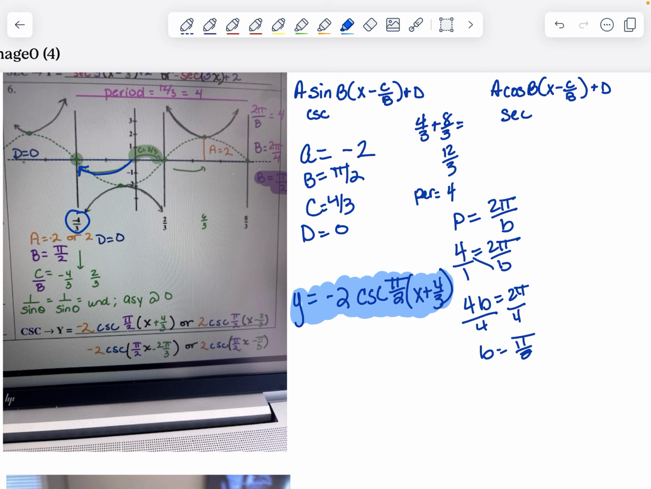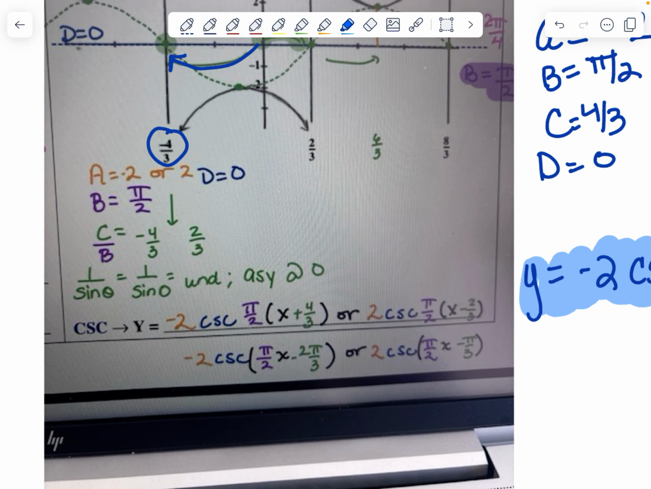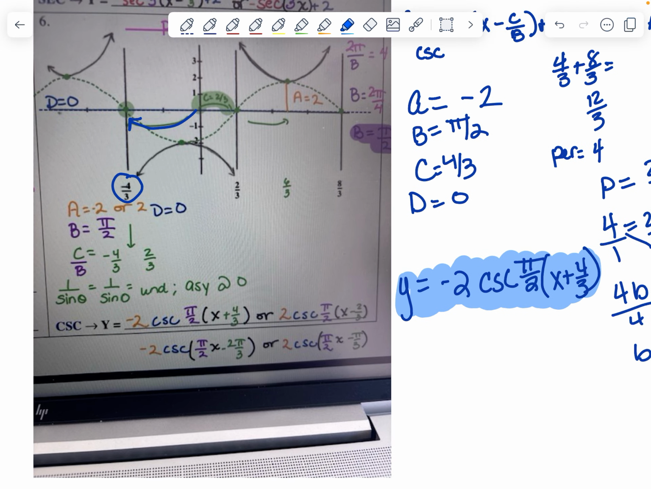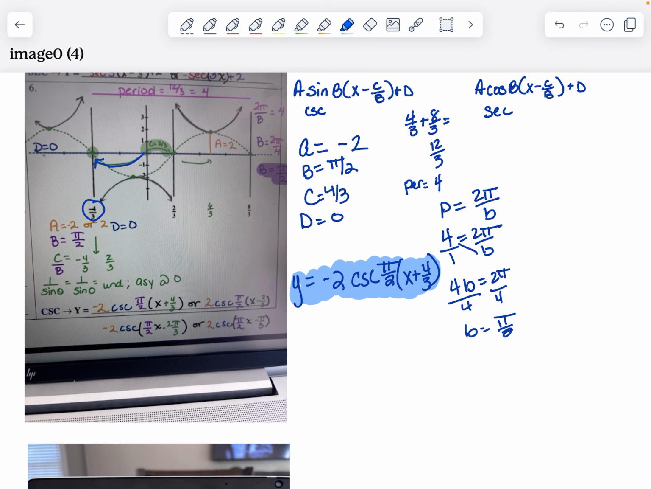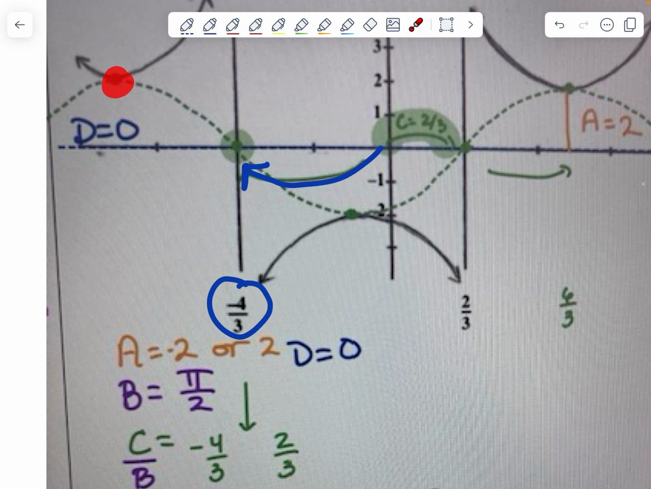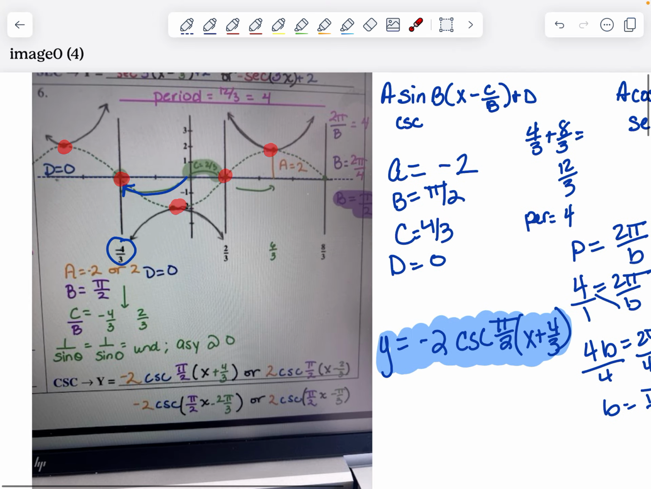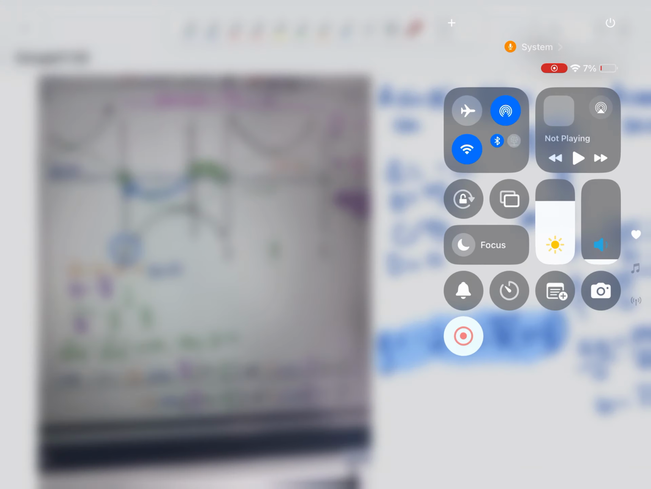Okay, now to write it in cosine, do they want, oh, they don't want it in secant, sorry. They only ask for cosecant. That's awesome. If they wanted you to write it in terms of secant, you would have to start from here, right? So you kind of got to do the sine and cosine patterns. Okay, my Apple Pen is going to die, so I'm going to end this video, and then I will